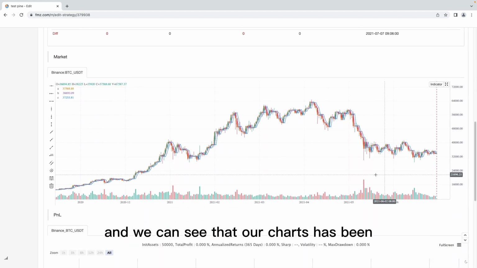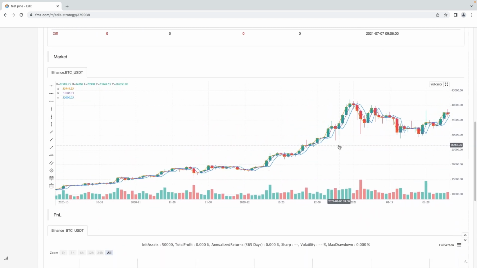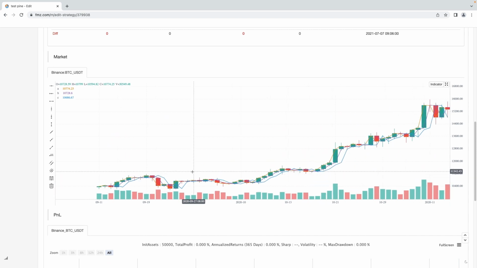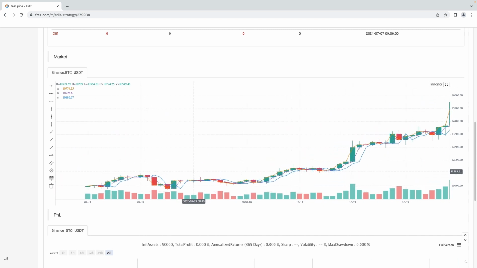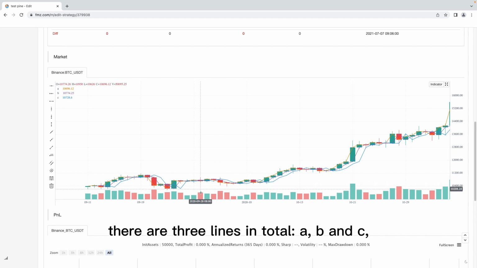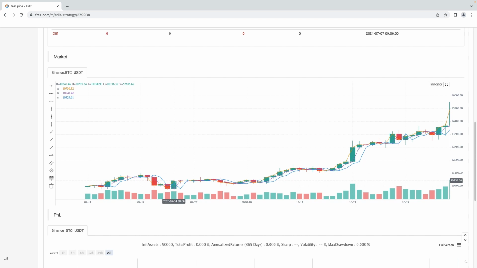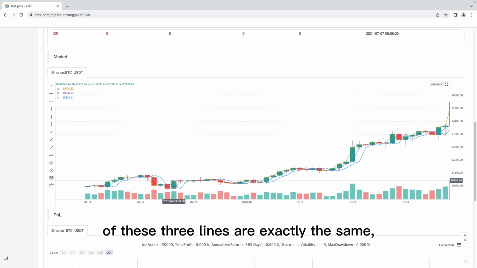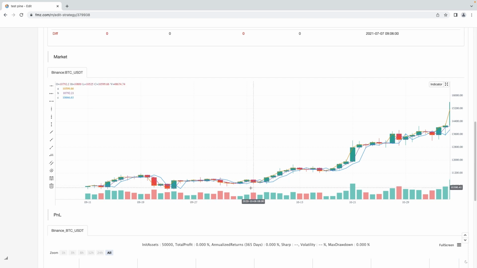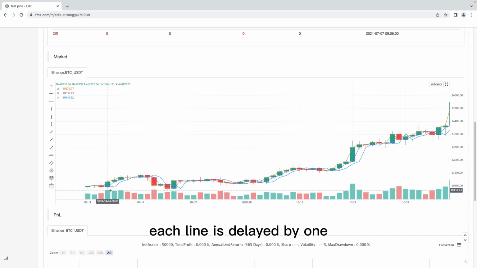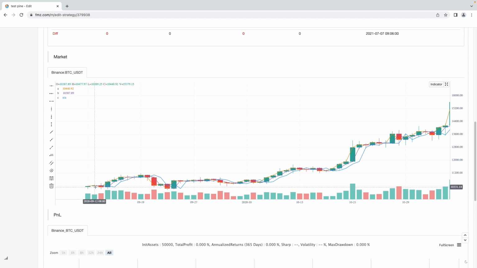And we can see that our charts have been drawn out. There are 3 lines in total, A, B, and C. But the changes of these 3 lines are exactly the same, except each line is delayed by 1 period from the previous one. We can see that the purple one, line B,